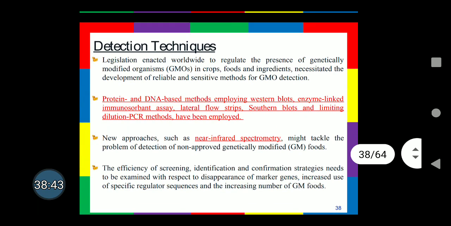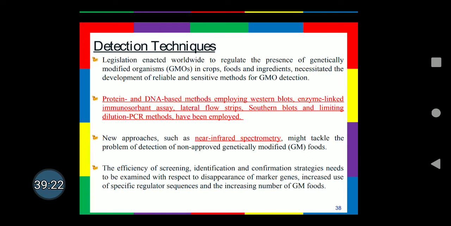How to detect these GMO ingredients? Legislation enacted worldwide to regulate the presence of genetically modified organisms in crops, foods and ingredients necessitated the development of reliable and sensitive methods for GMO detection. Protein and DNA based methods employing Western blots, ELISA, lateral flow strips, Southern blots and limiting dilution PCR methods have been employed. New approaches are